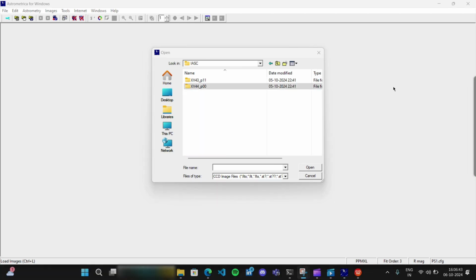So guys, here you can see the XY44P00 folder. It is a folder containing Pan-STARRS telescope images which contain an asteroid. I found some asteroid using these images. So in this video, I will show you the images where some asteroids are there, and meanwhile, I will also tell you what to write when no asteroid is detected.